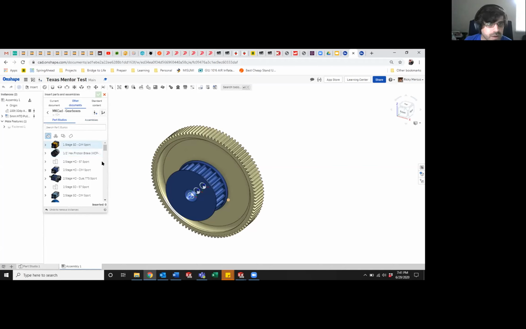here are all the different gearboxes. Let's say, we have, I feel like I'm blind today. But somewhere in here,